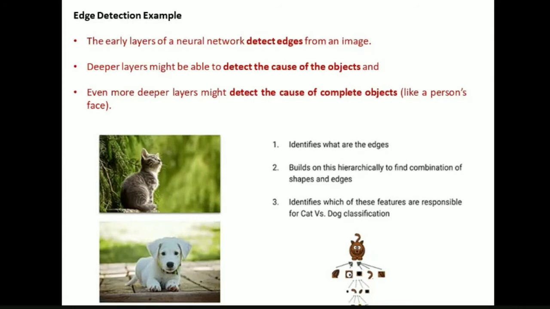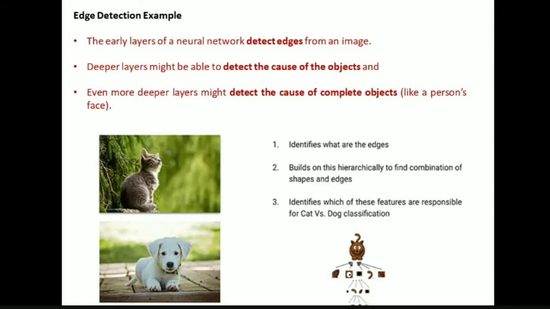The first layers, the top layers or the early layers, are going to detect the edges from the input image. Next, the deeper layers are going to identify the parts of the object. In the first layer they detect the edges, and then they combine these edges to detect the parts of this object. That is, whether this is a tail, or an ear, or a nose. And coming to the next even deeper layers, they detect the complete object.